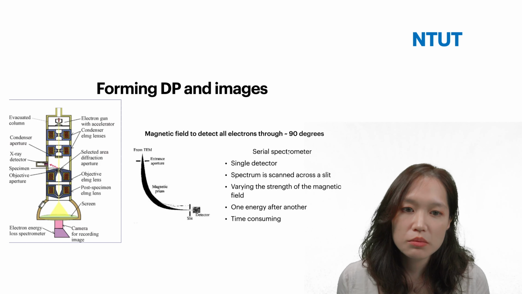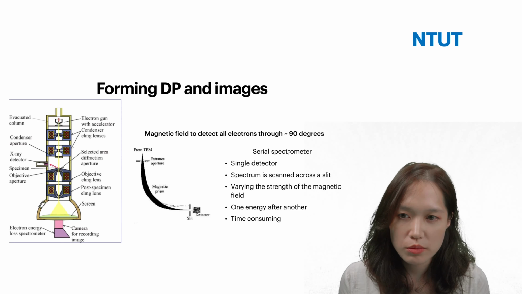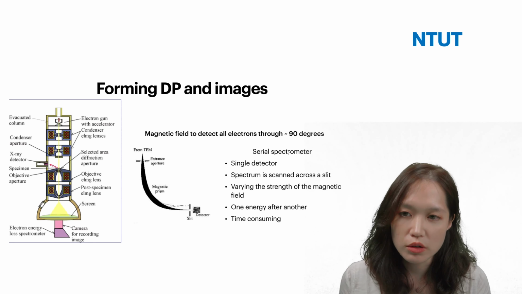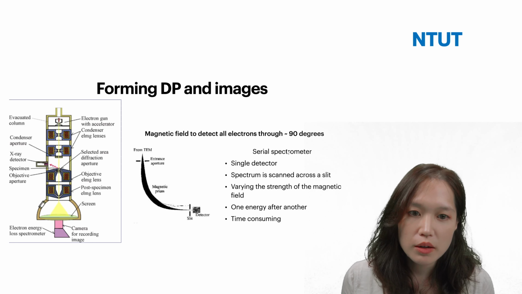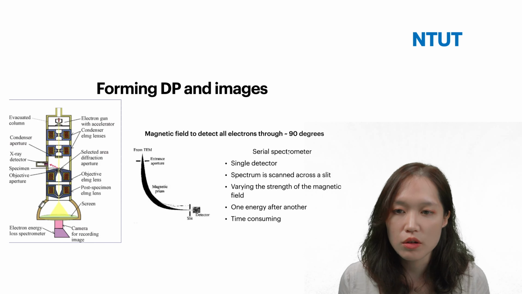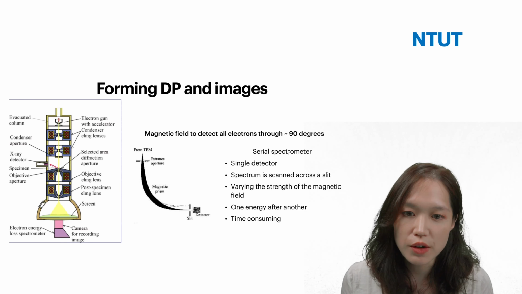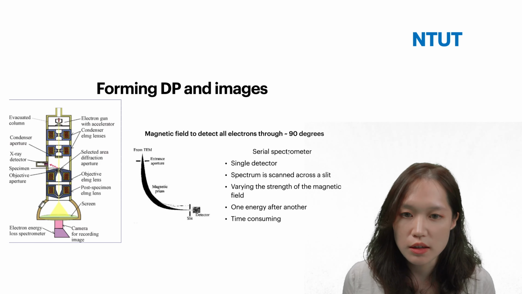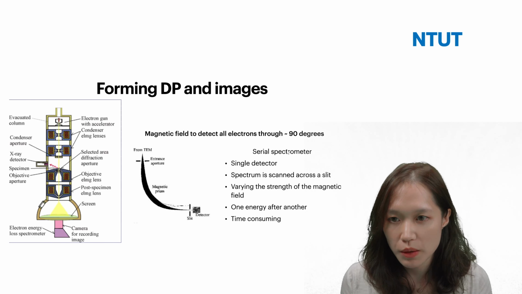This setup is normally used for early spectrometers. Nowadays, we have multiple types, which we're not going to focus on today. But of course, the downfall is that this type is much more time consuming because it needs time to go through the different elements or the various wavelengths that are coming out. And also, it basically takes one energy and then another. That's why it is so time consuming.